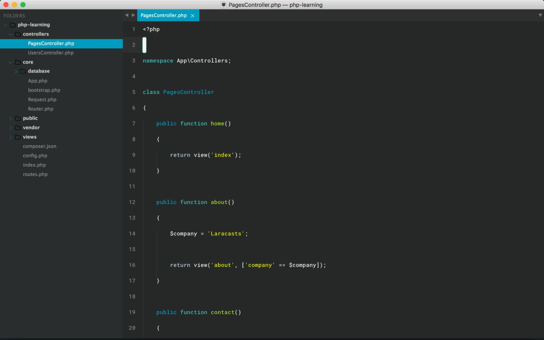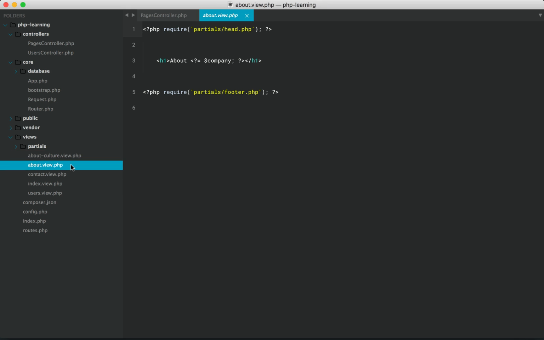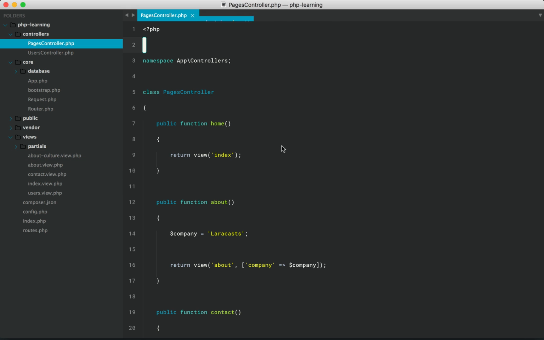Now, of course, you're generally going to do this with your classes. You could do it with function files as well, but for now, just think of it as classes. And that means things like your views, there's nothing in namespace here, so you don't have to worry about that.